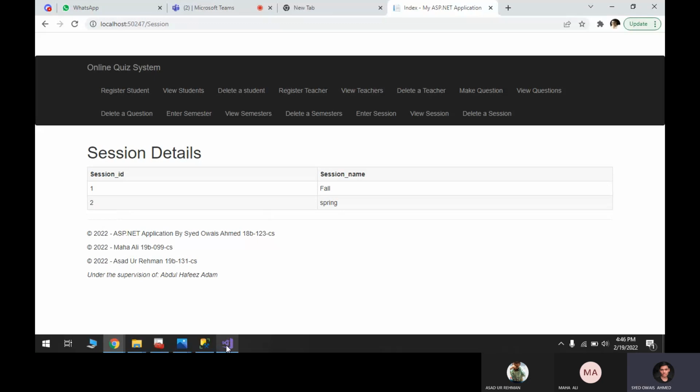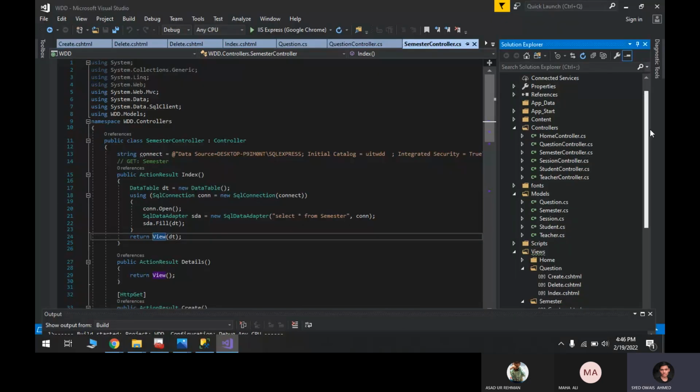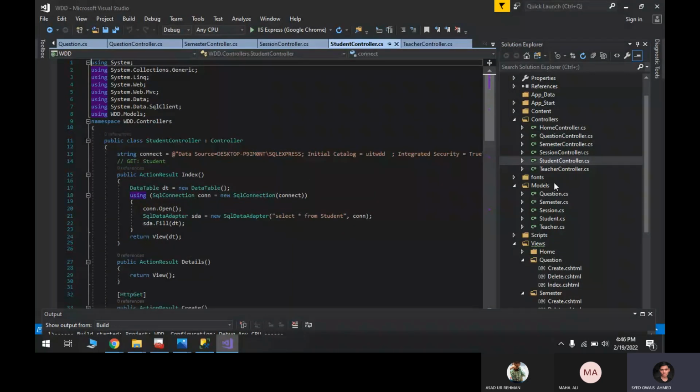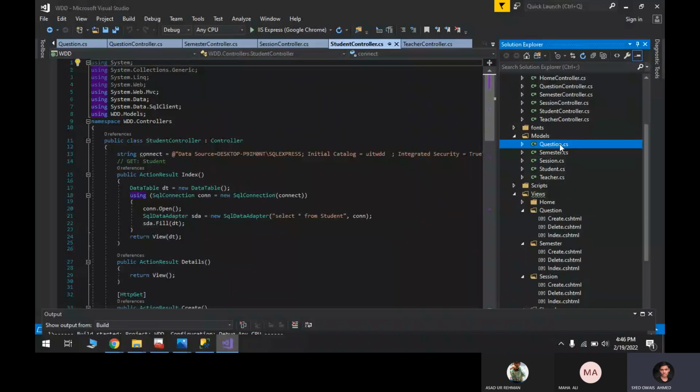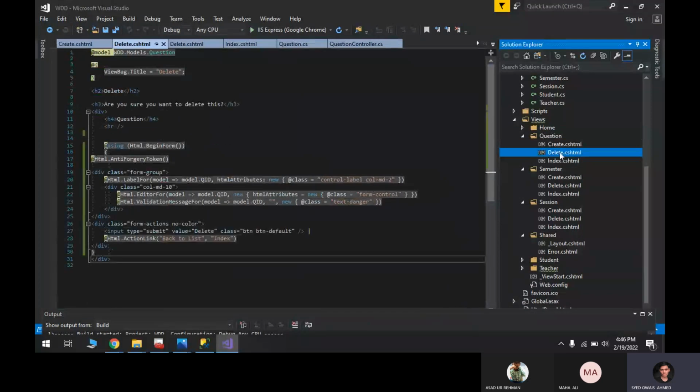deleted. So this was the user interface of the project, and these are all the files stored in Visual Studio. We have all the controllers: home controller, question controller, semester controller, session controller, and teacher controller with student controller. We have the models of each and every table: question, semester, student, and we have models of all the three modules, and sub modules and sub views. I mean, create view for student, delete view for question, and index view, which means the details view for